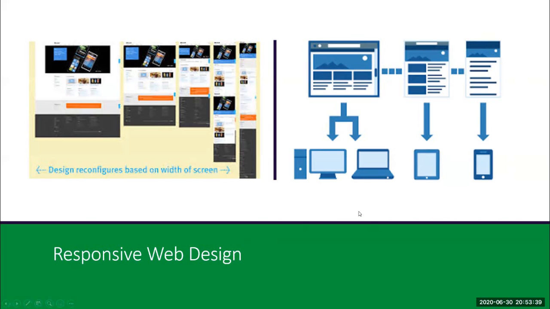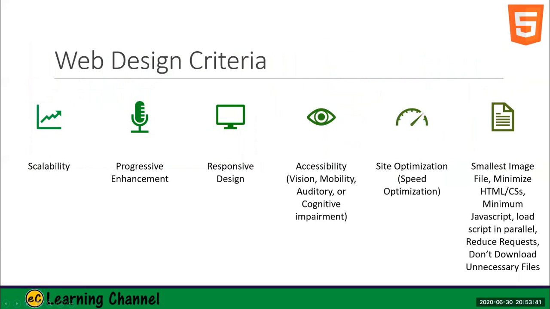So you need to take the viewport into consideration, and then you need to make it scalable. Scalable means that when your website scales up, it still works. Progressive enhancement means that every 2 or 3 months you update it. Okay, responsive design, you need to actually be